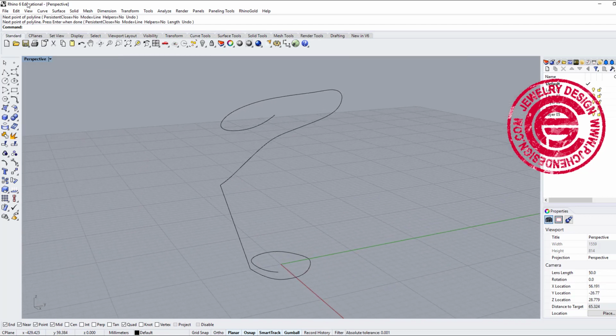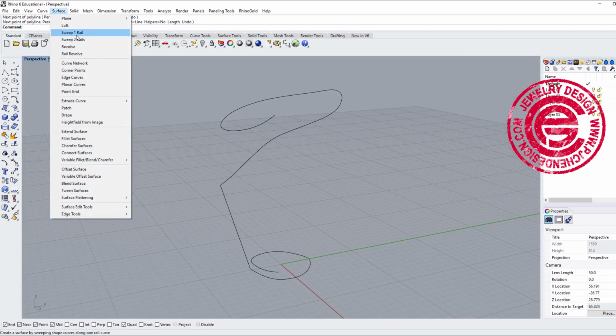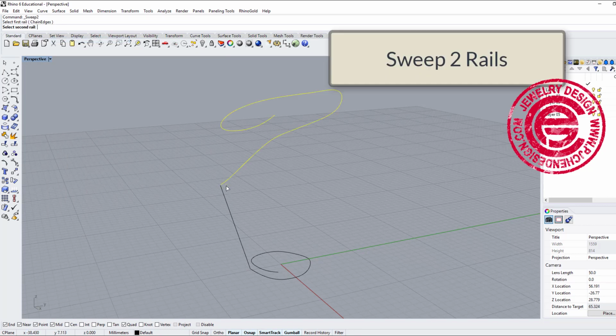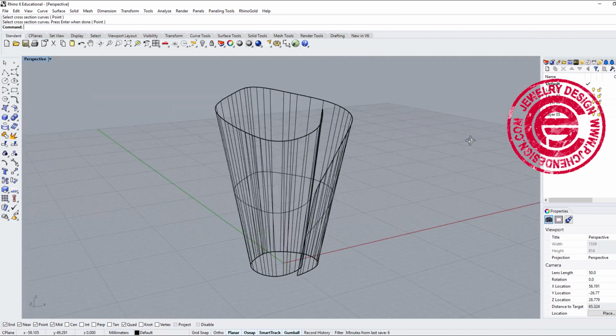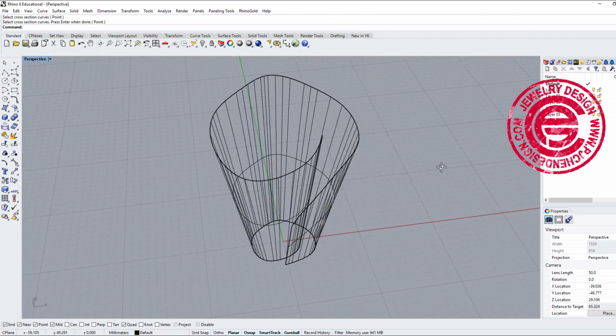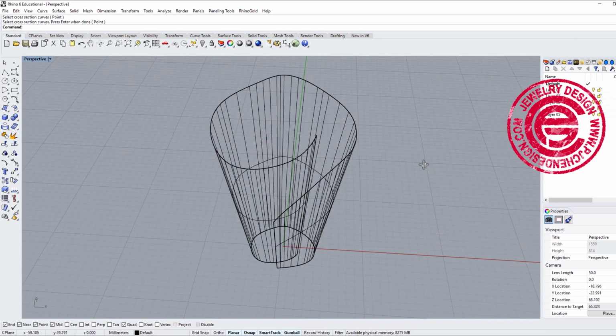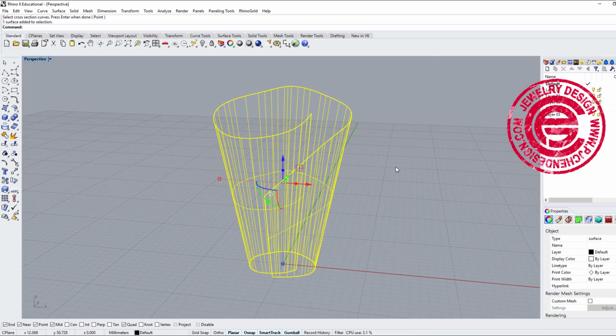And then we are going to do a test for the surface. Let's do the sweep 2. You got rail 1, rail 2, cross section. And then we get something like this. Alright, it looks like it's really close to the basic shape that we wanted, and we are going to rebuild